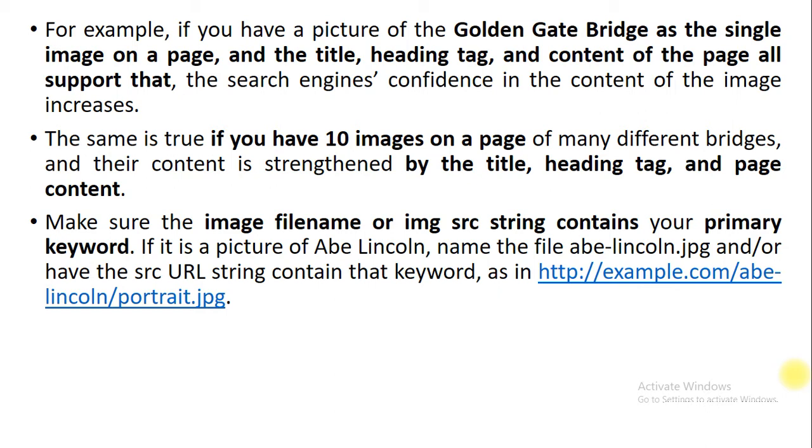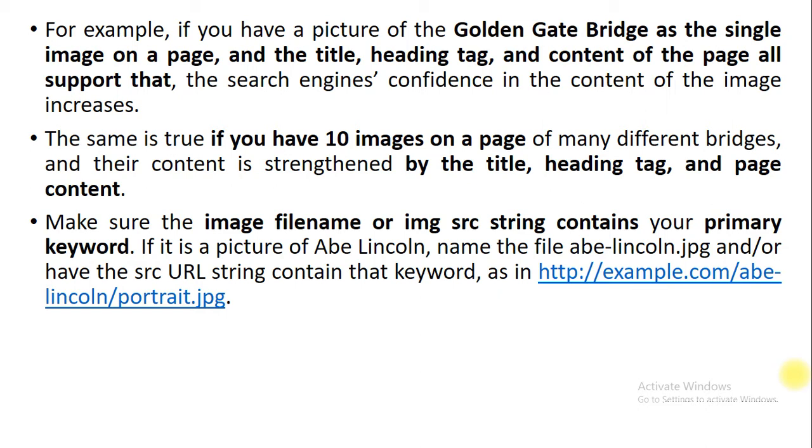Next, you can put 10 images on a page which contain a similar concept or similar keyword, and you can use that concept inside the title, heading or page content.